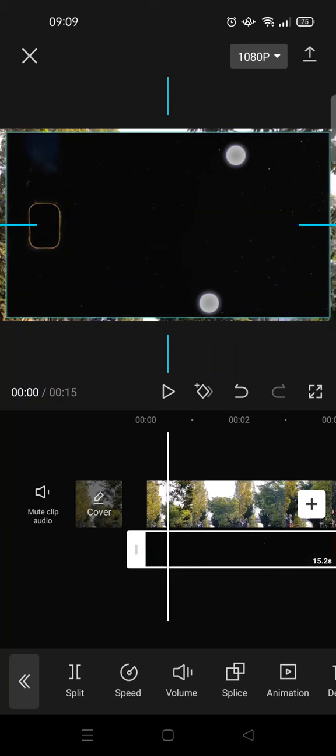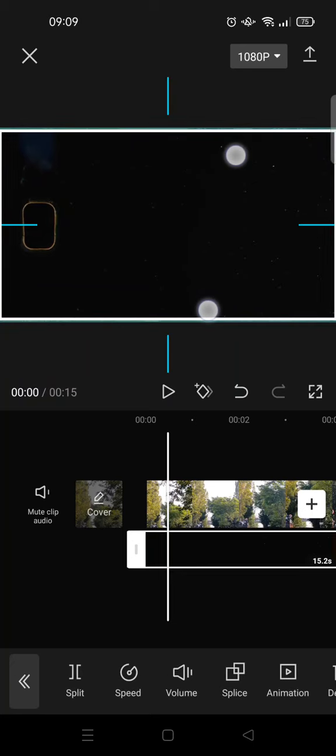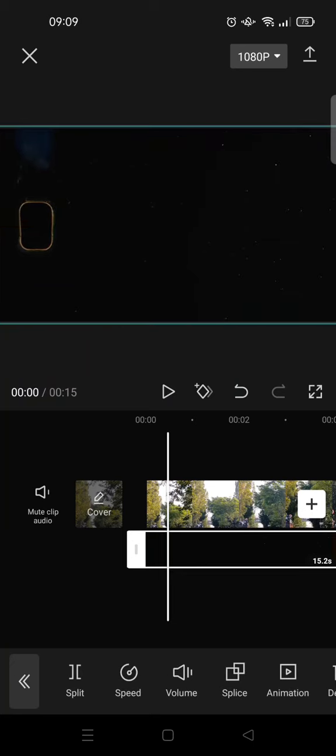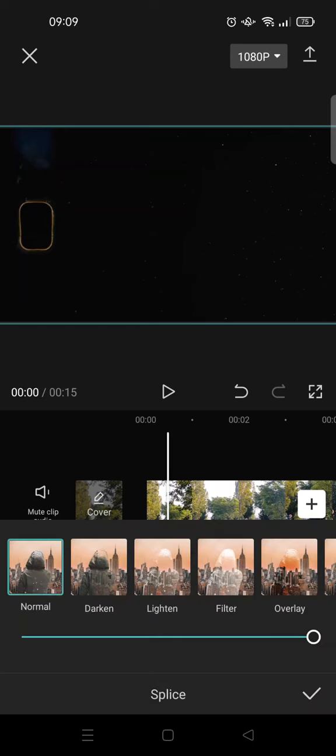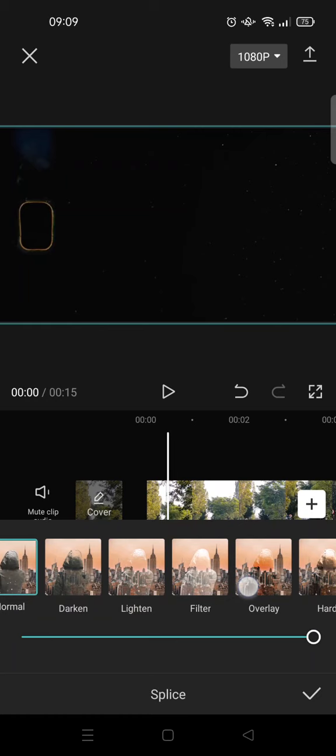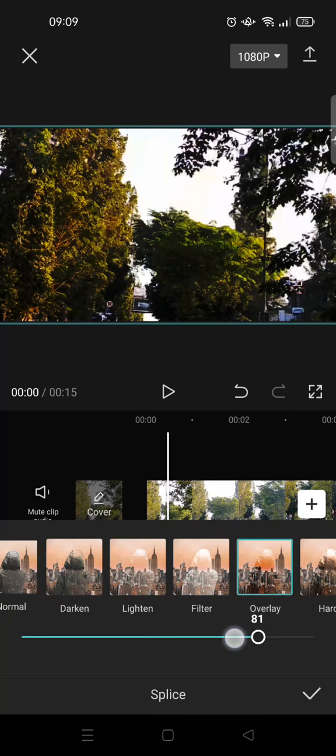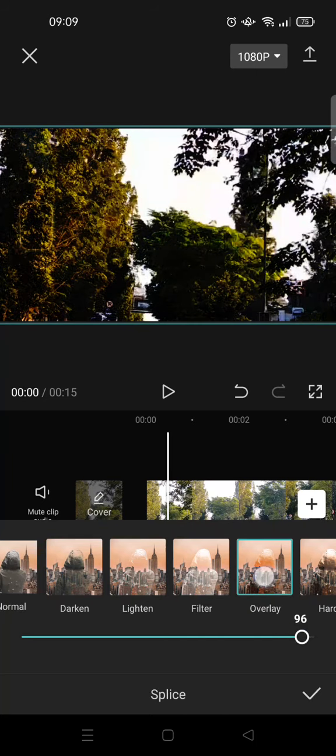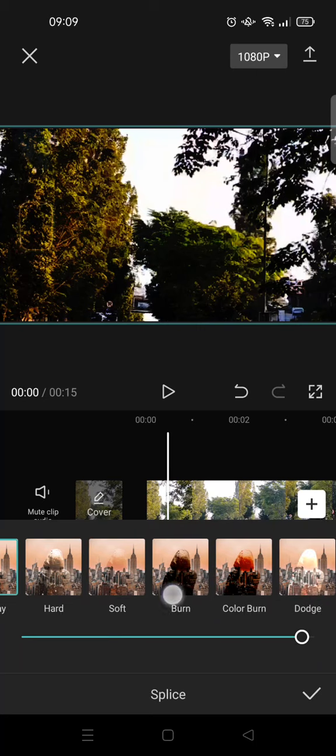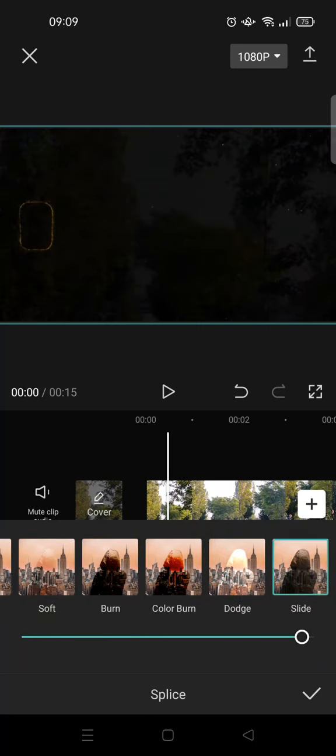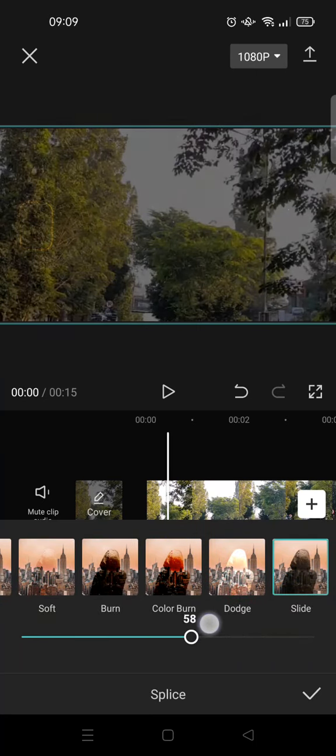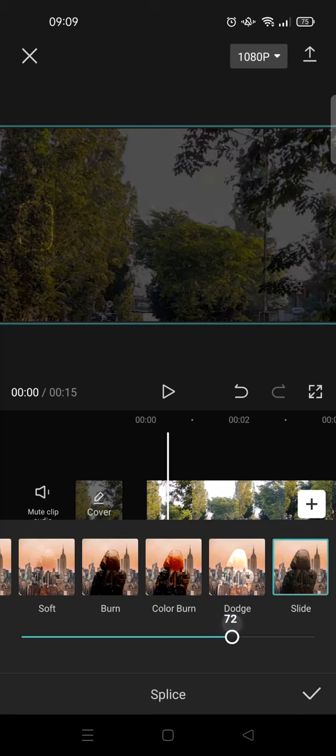And here adjust the size until it fits to the screen like this, and then after that go to splice, and here you can just choose the splice that you want, the splice tools that you want. For example, I'm going to go to overlay. You can also adjust it like this, or you can also choose another one, so you can just choose